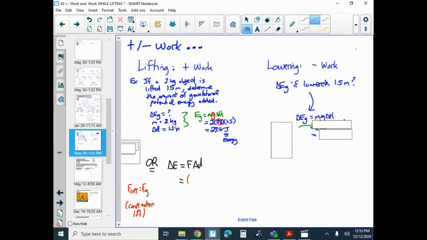You could calculate out the gravity force here, so 2 times negative 9.8, and then say the lift force is equal to the negative of that. So we have the negative of the negative and we end up with our 19.6, right? Anyway, we end up with the 19.6 times the 1.5, and we get that same answer of 29.4